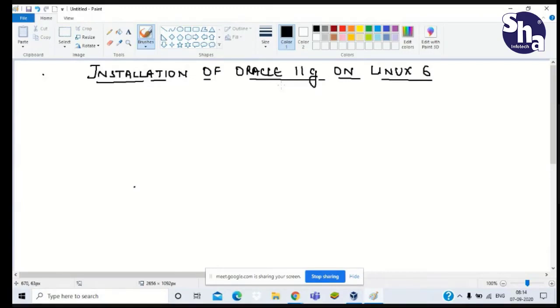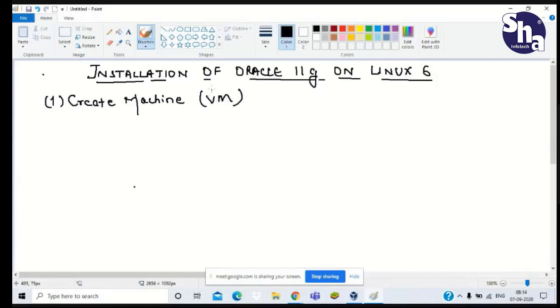So basically we can divide our installation steps into four parts. First part, we have to create a machine first. That is a VM machine.